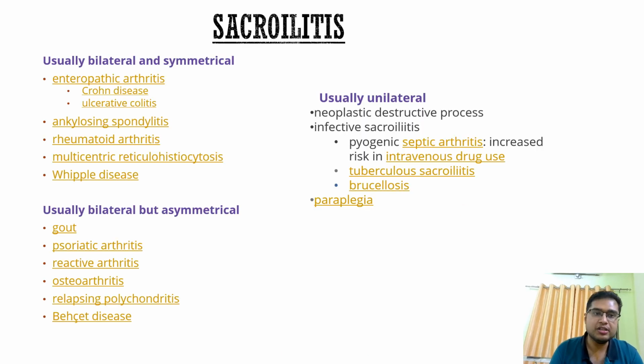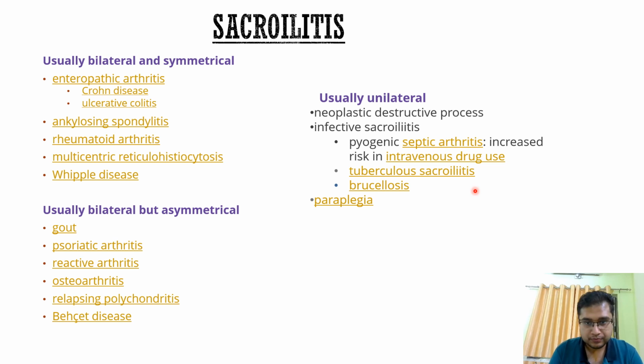Now coming to the differentials for bilateral symmetric, bilateral asymmetric, and unilateral sacroiliitis. Bilateral symmetric sacroiliitis includes ankylosing spondylitis, IBD induced sacroiliitis, rheumatoid arthritis, and bilateral asymmetric sacroiliitis is typically seen in psoriatic, reactive, gout, osteoarthritis, Behçet's disease. While in the case of unilateral, it can be because of a neoplastic process, or infective etiologies include septic arthritis, IV